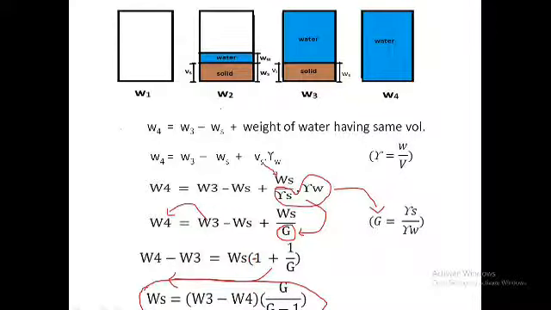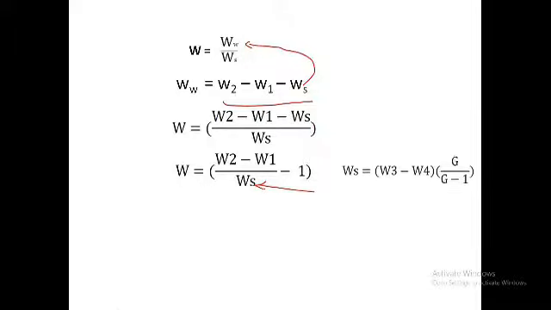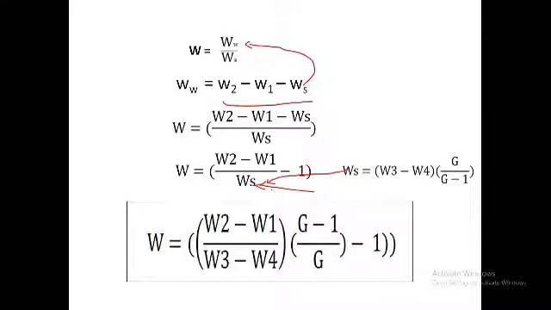Now we can easily get the water content value. How? Just look at it. Water content that we know is Ww by Ws. Ww as we calculated earlier was this. So I will put this value here and the equation becomes this. Simplifying it further, it becomes this. Now all I need to do is fill in the value of this that I calculated just now, which is this. So this value when put in here will give you the final value of the water content